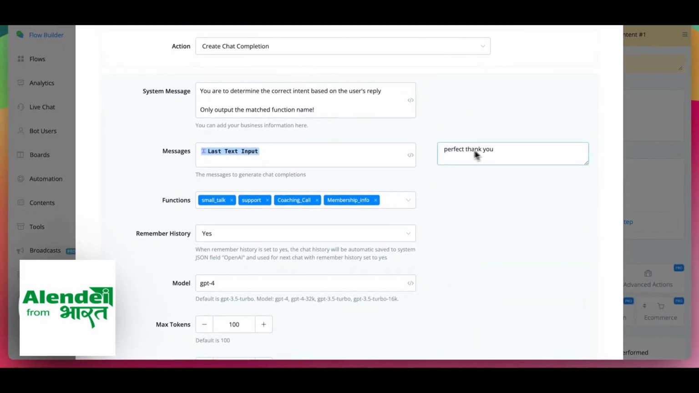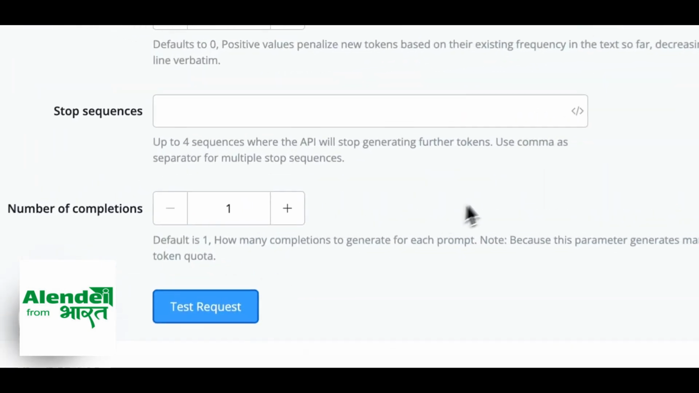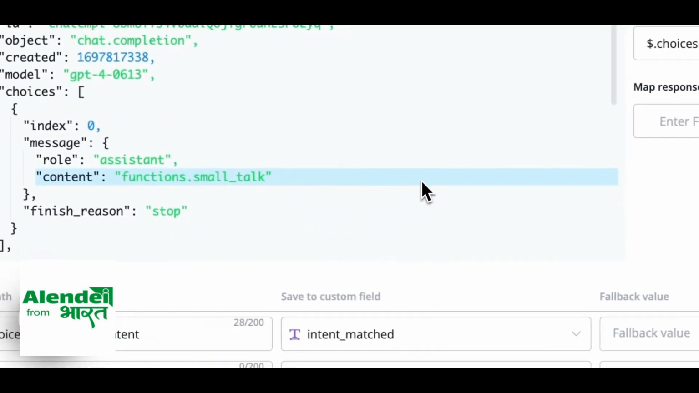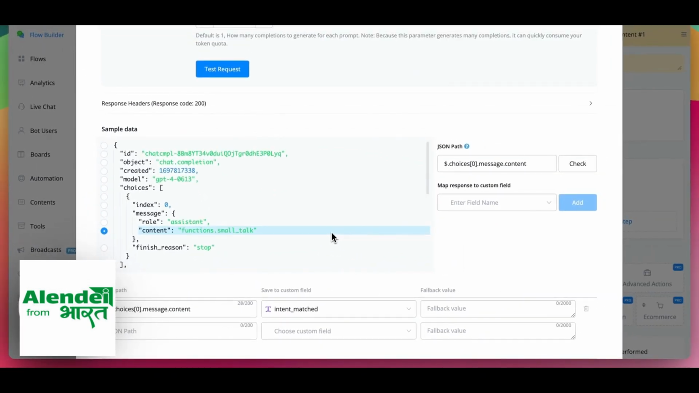So if we're going to take a look, I'm going to test the request, then it outputs only the function. And as you can see, under the functions, .small talk, right? So that is the triggered and matched intent, which is just small talk, basically confirming something that was prior to